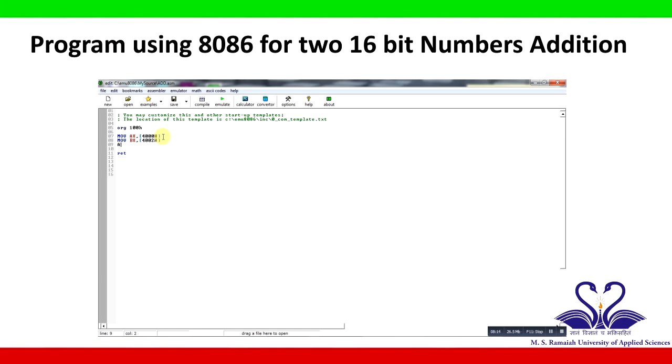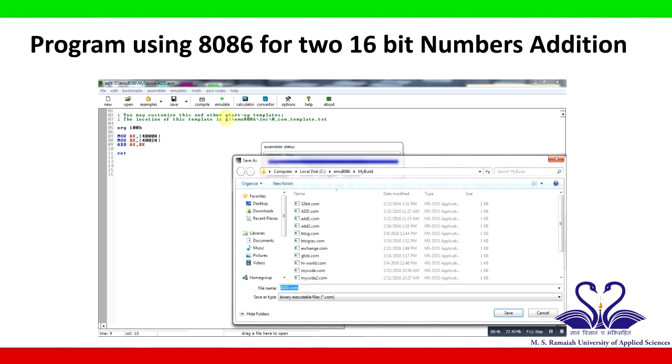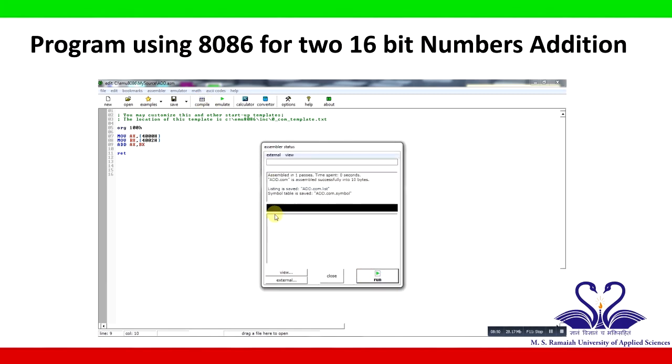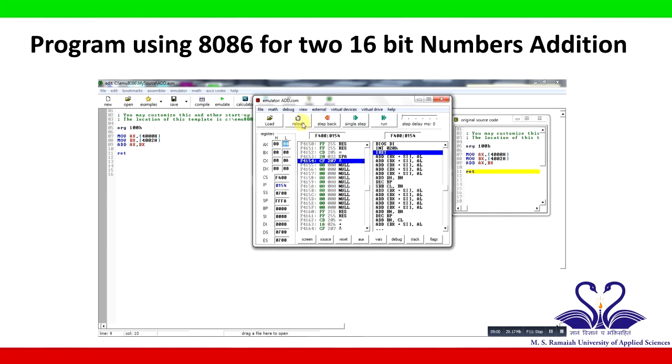ADD AX, BX. Save, compile and run the program. Click on compile. There are no errors, so now save it with the name add.com. Now run the program. Click on OK.